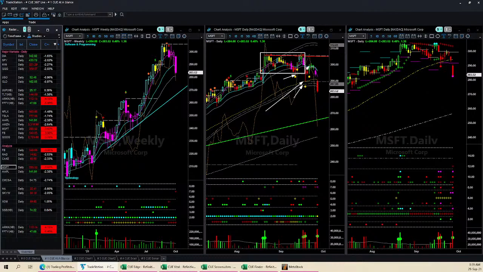Then it tried to recover and stopped near these direction lines. When three direction lines come together and they all tilt down, that is a signal of possible weakness, impending possible weakness. So right at this point, not at the top candle, probably the next day, I shorted Microsoft using a short call vertical. And when price came down yesterday, below the lower boundary, far below the lower expected move, I had